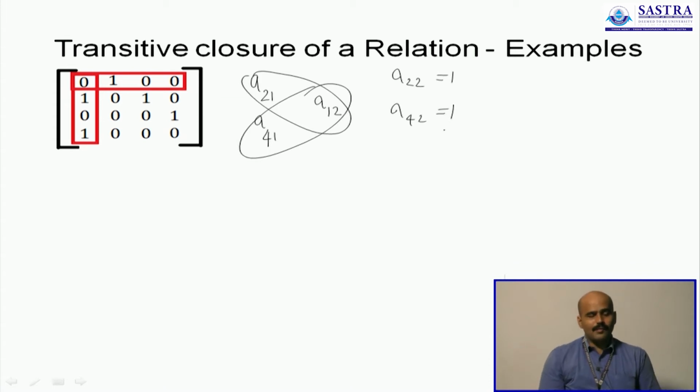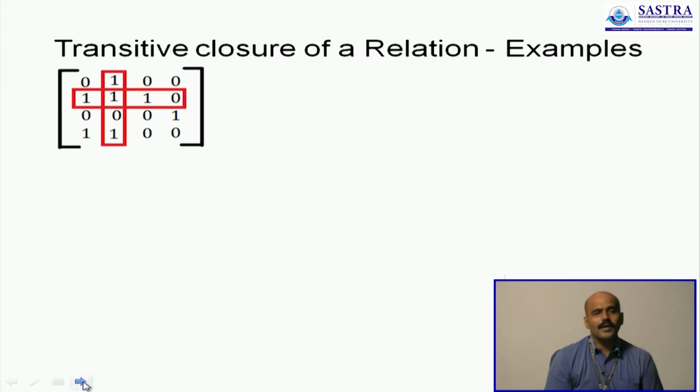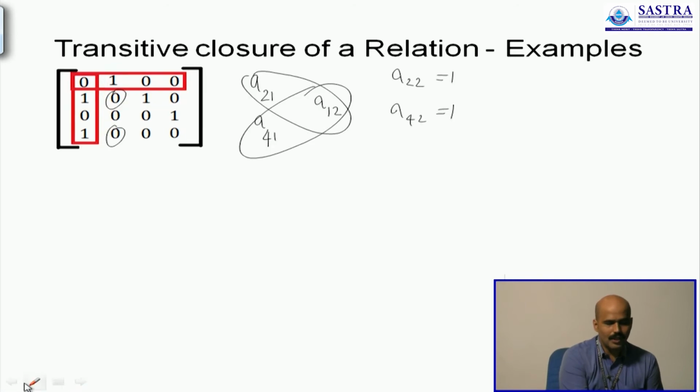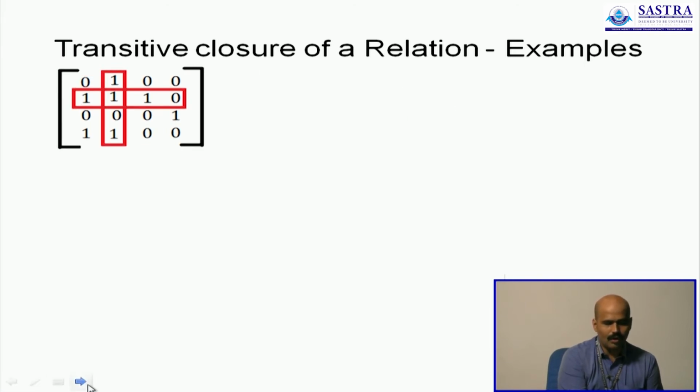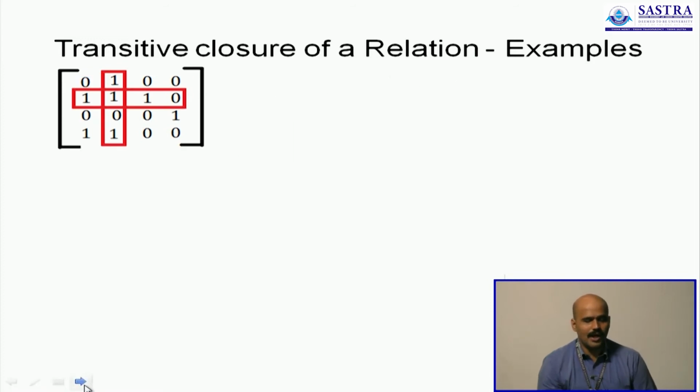You can't make any more comparisons because we are doing Warshall's algorithm comparisons where the column and the row should match. The column index of the first entry and the row index of the second entry should both be ones in the first iteration, and this is all that you can do. So when you generate the matrix of the given relation, you will have to make only 2 changes, one here and the other here, and that is what we have in the next figure. We made only 2 changes in the second column, nothing else has changed. We have retained all of the ones as we had before.